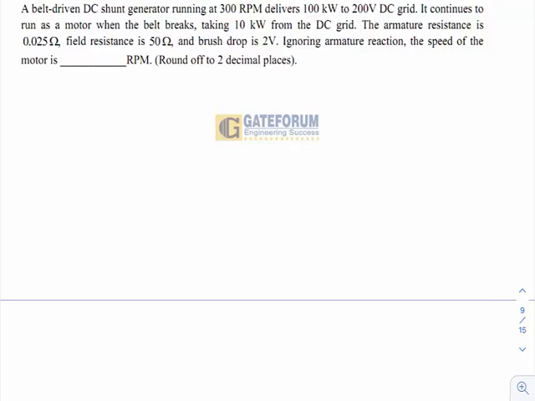So what will be the speed of the motor? Okay, you are not changing excitation, you are ignoring the armature reaction effect, so the flux would be taken as a constant. Okay, so let us see that first is the case of generator. So generator case we'll see, and we'll try to find what will be the EMF developed in case of generator. Okay, now you know that from the EMF equation, E is directly proportional to N phi, but phi is constant, so I'll say that E is directly proportional to N.